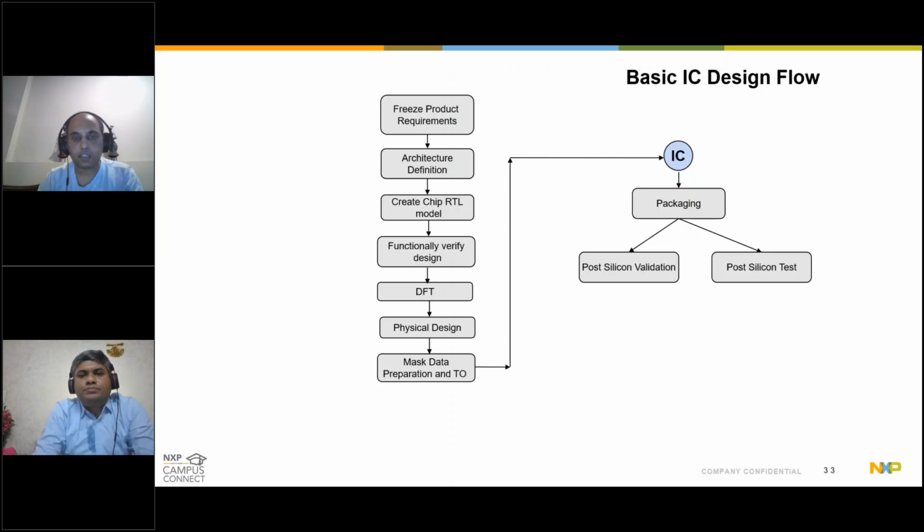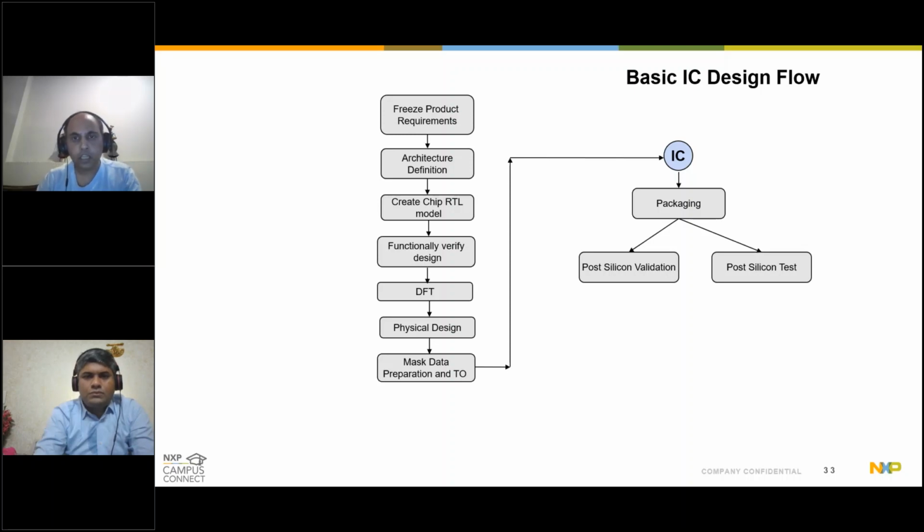And after the silicon is there, silicon is too delicate to handle. It has to work in a rugged environment. That's where the packaging comes into the picture. There could be multiple types of packages, like a ceramic package or plastic package. Different silicon components may be generating different amounts of heat, so you want to have a good enough cooling mechanism, and also the pinouts from different SoCs are different. So those will be certain other criteria, based on which you will choose one package or the other.